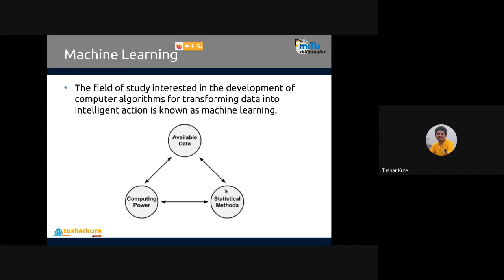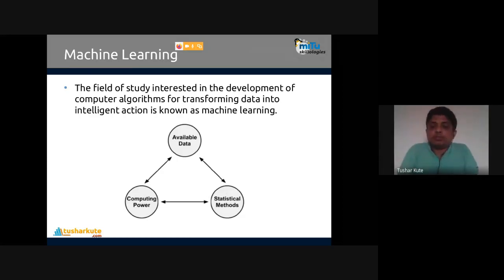Why? To build a data model, a predictive model or descriptive model. Predictive or descriptive, any kind of model will be possible as per the requirement of the user. Statistical methods are applied. We are going to see the detailing about the data. All applications that we require in data analytics, data science, data mining are present in available data.